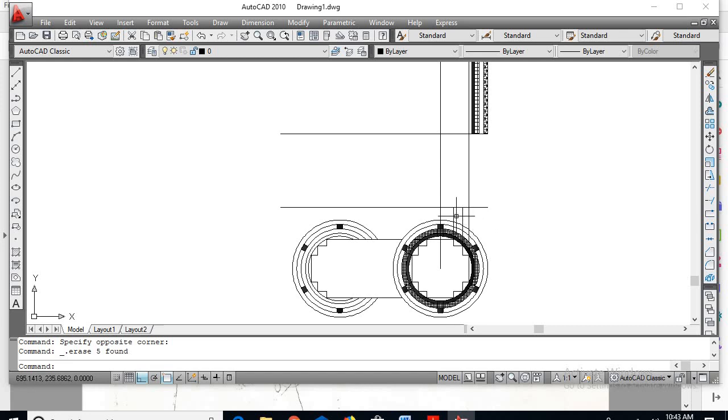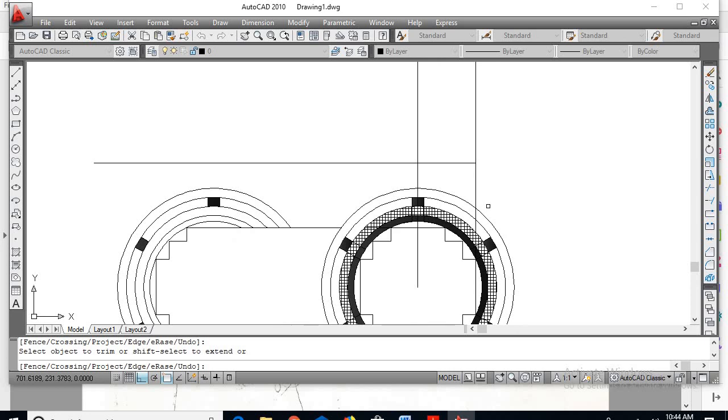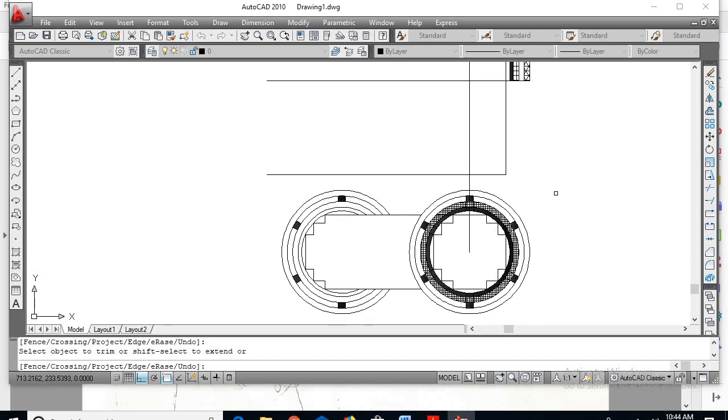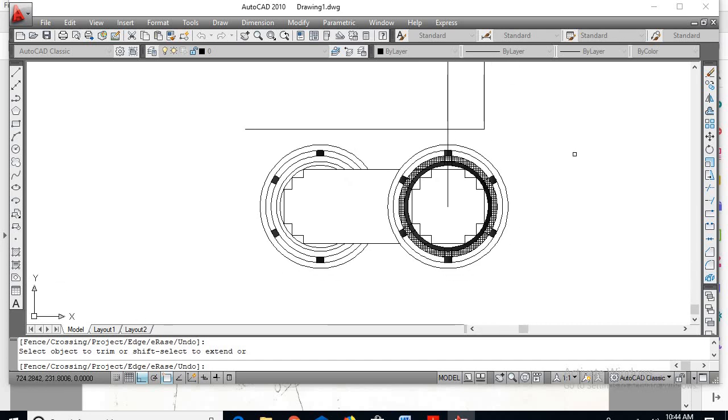So here again select these 2 lines, delete. Now here go for trim command, right click. This is the unwanted portion, trim this. So here is the unwanted portion, so we can trim here. Okay, so here I have not shown the HV winding.